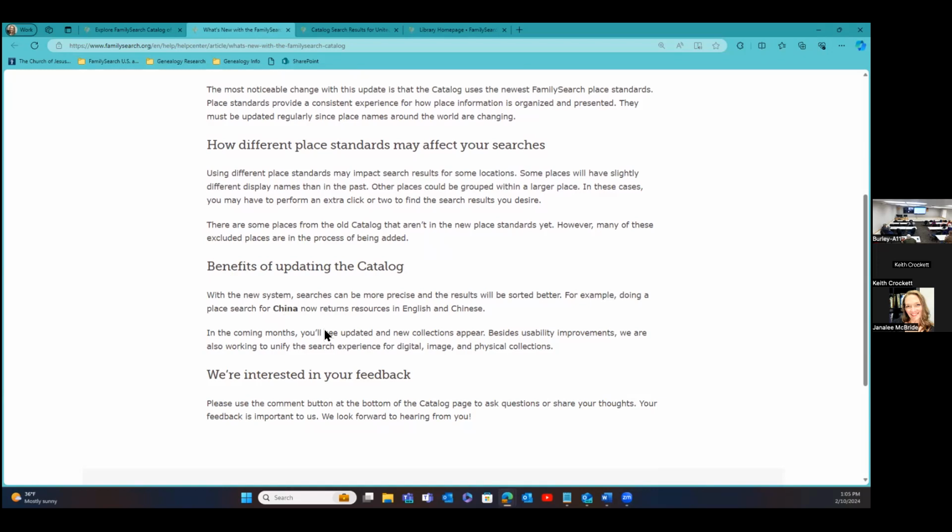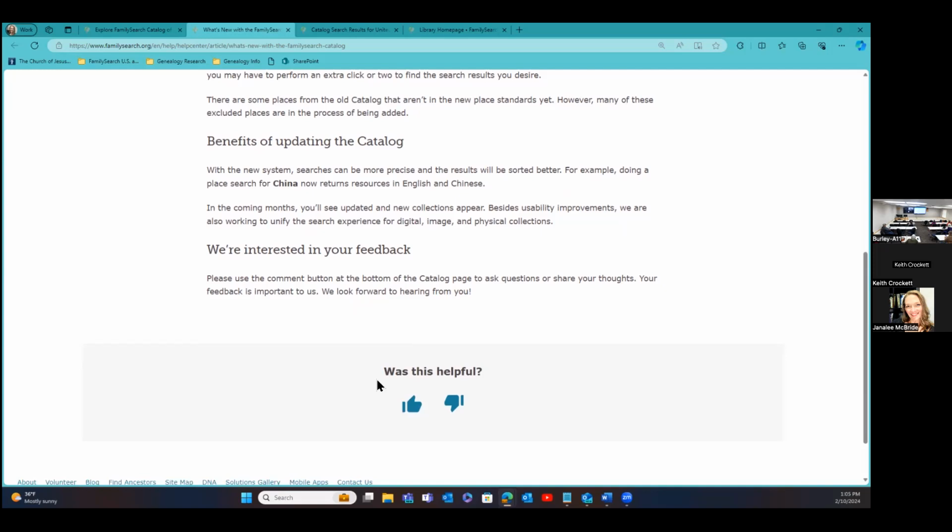So this new place search is going to give you a more precise result in the collections that are available at FamilySearch. Also, FamilySearch loves your feedback. If you go into the new catalog or this catalog and you find something that is just way off and not cataloged right, or the names are wrong or something,